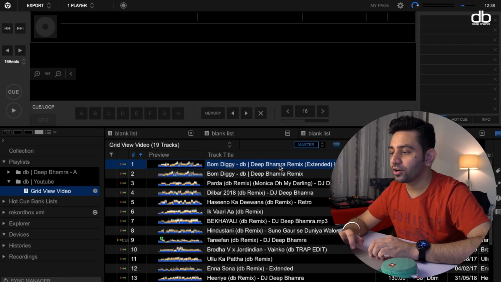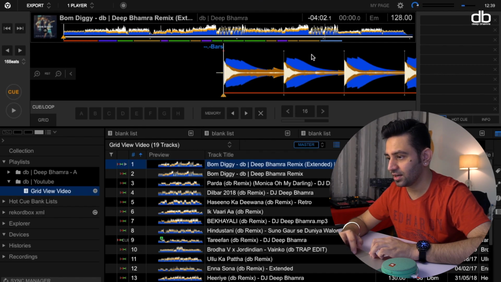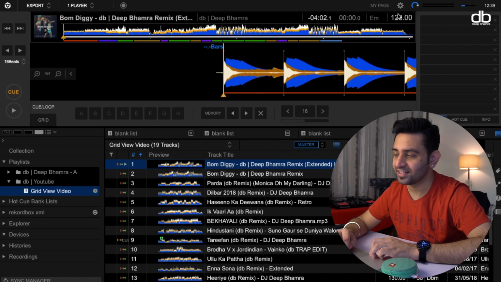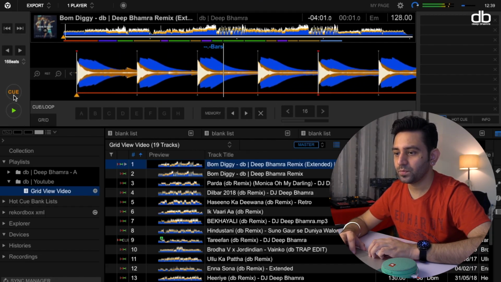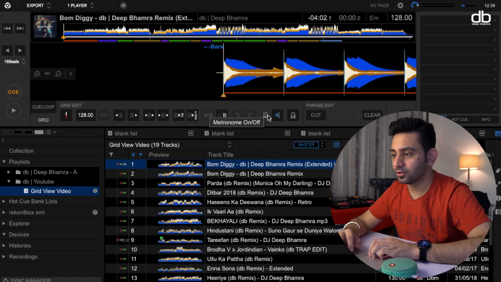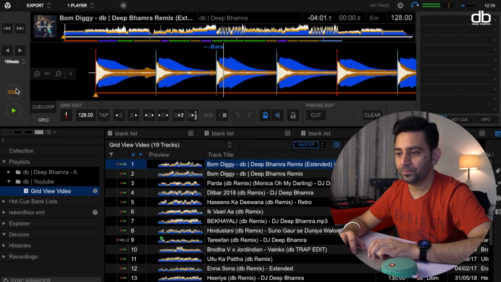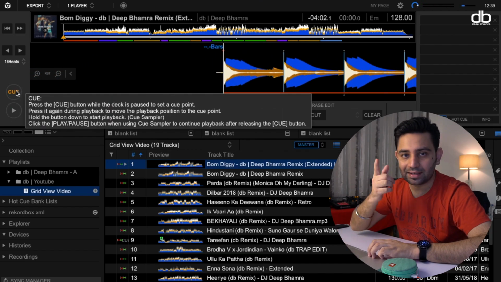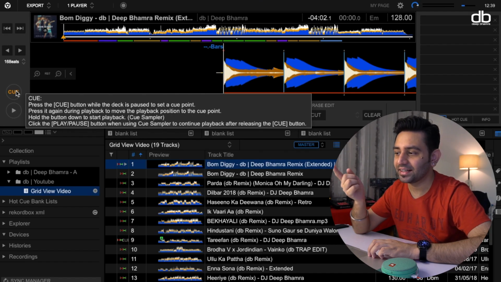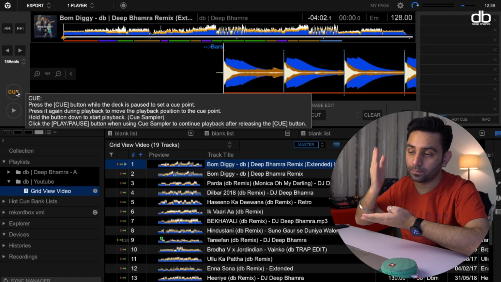Then let me load a track and show you the problem that a lot of people will have. For example, in this track you can see that it starts at 128 BPM and it shows me that it's 128 BPM, and when I play the track, I'm going to turn on the metronome so that it is a little clearer to hear the beat, okay? And this is how that goes. Okay, so that click sound is the metronome, and you can see that it is at 128 beats per minute and it is on the beat.